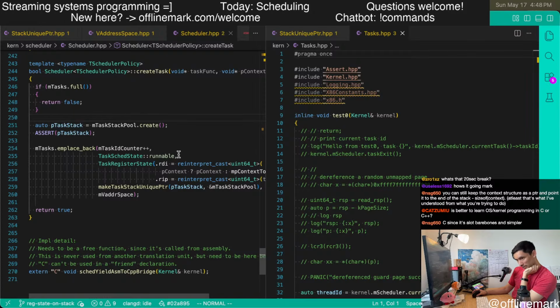C or C++. I mean, I think C++ only makes sense if you kind of know C++ already. But if you don't really know either, I think probably C makes sense to start out with. It is simpler.